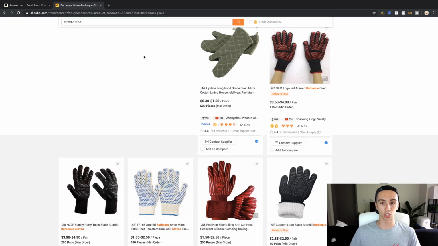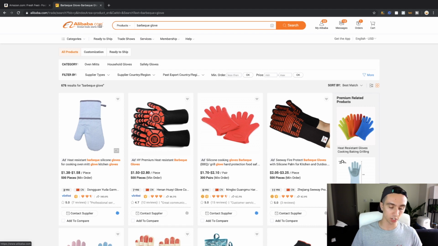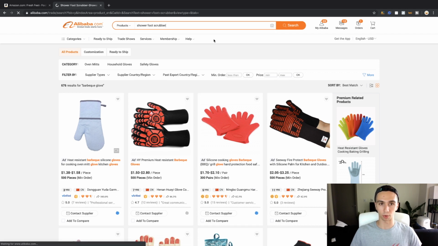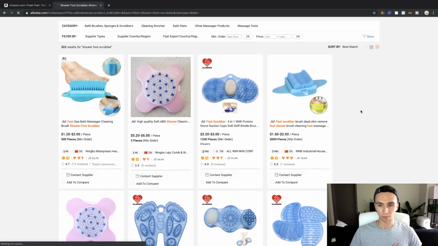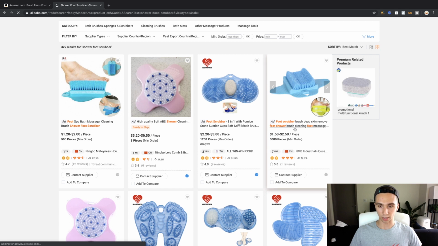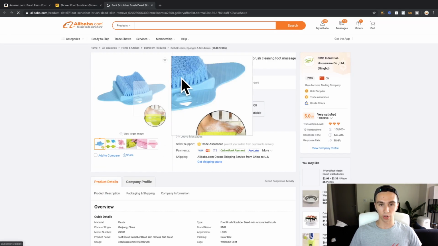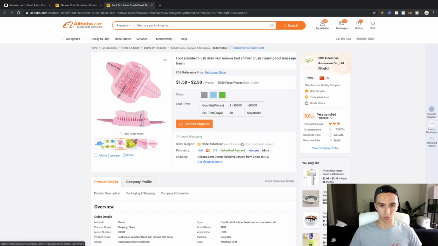Why don't we search shower foot scrubber here, and let's use a quick estimate. Whatever they're priced at here, we'll use that price and say that we're going to get it for that. That's the exact same product here. So let's split the difference and say that we can get it for $2 per unit. And I like when they have these little quick quotations. So it looks like we could probably get it for $2 per unit,